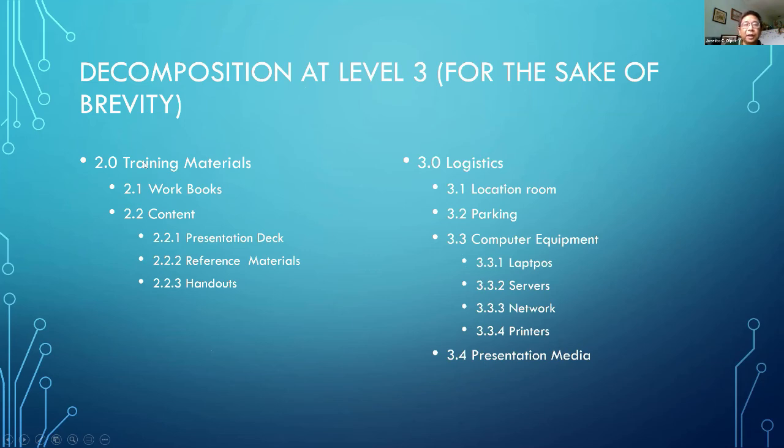the logistics. For the training materials, I just put content: the slides, which is the presentation deck, reference materials, yung mga additional things to read, and the handouts. Kasi they also involve a lot of work. And then computer equipment would be laptops, setting up the laptops, setting up the servers, setting up the network, setting